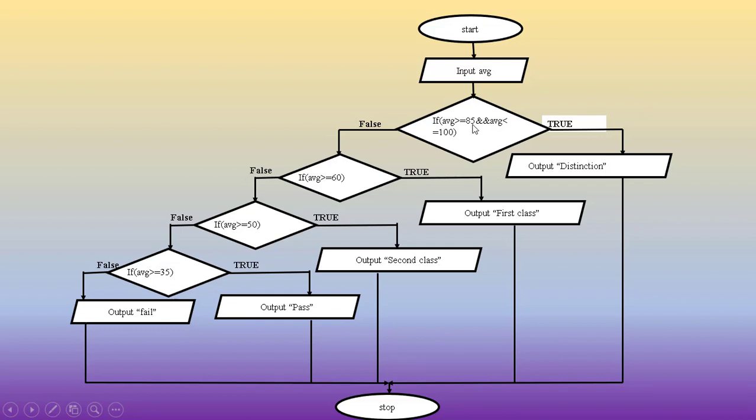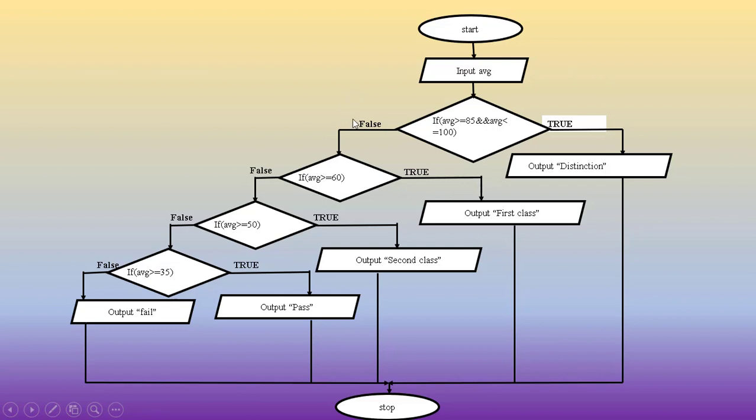If average is greater than 85 and less than 100, then the student will get distinction. If the marks are not above 85, this condition is false. It will go to the next condition and check if the marks are greater than 60. If greater than 60, then it will output first class.